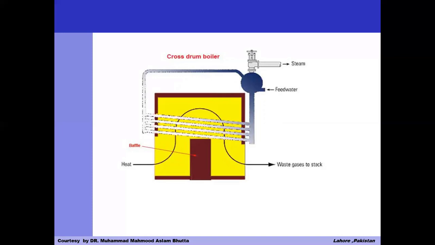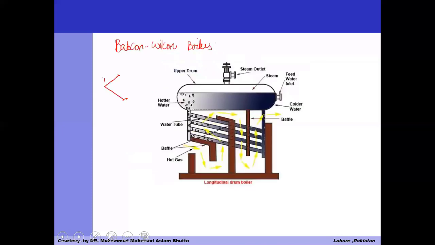In figure 5.2, it says the angle is 5 to 15 degrees, and inclined water tubes are connected with the downcomer. The working principle of the cross drum boiler is similar: the water absorbs the heat from the hot gases. As a result, the water is converted into steam, and the steam is lighter than the cold water, so it rises upward into the cross drum boiler. As it rises, it is collected in the steam collector, and similarly, the feed water enters from the opposite side. This is the feed water endpoint, and this is the steam collecting point.